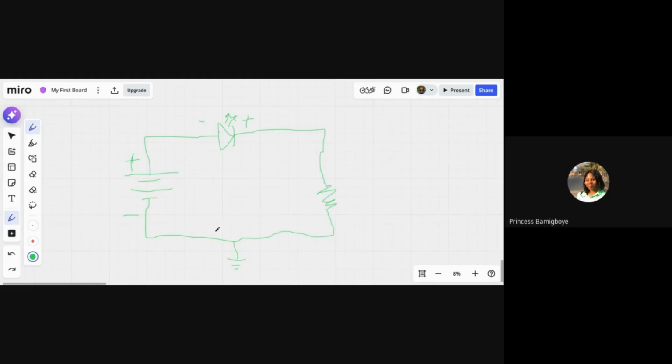Without this part, the current may not know its initial. Yes, the electricity is starting from the battery, but it will not have a reference point. So the ground is like a reference point for any circuit, and without the ground, the circuit is not complete. It is the part that essentially neutralizes the circuit and prevents the electricity from going haywire.